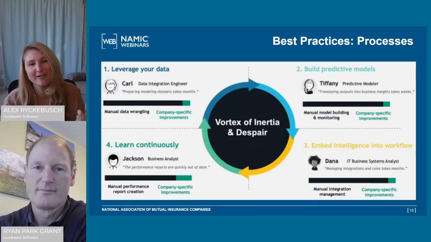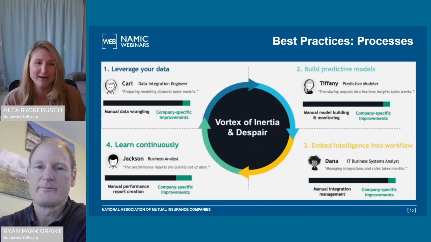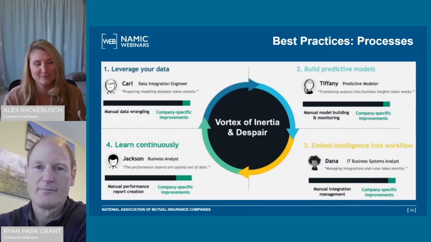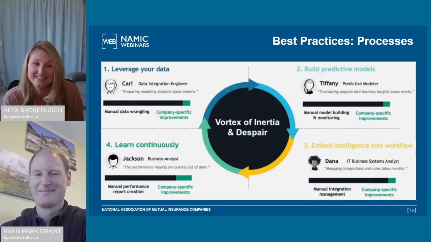So this cycle kept going on and on, where they would create report after report after report that would never be utilized. So in this paradigm, they're not really thinking about the end state of how they can actually affect change and leverage the information that is being requested by the business. They're not able to really improve their processes in place because they're not getting any type of feedback as to how things are being used, and really what the next steps could be in terms of improving what those models look like. So they were stuck in this vortex, in a circle, and described it as consistent pain.